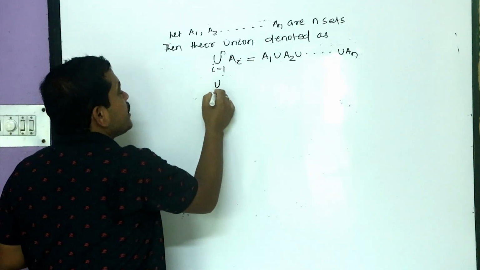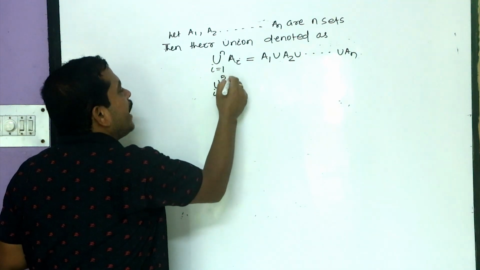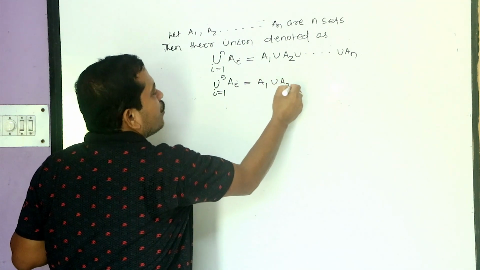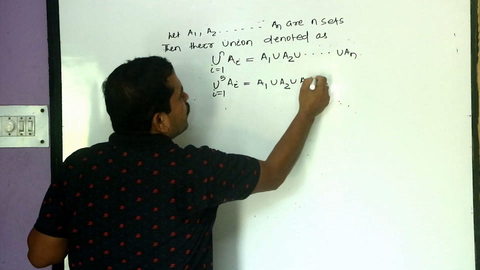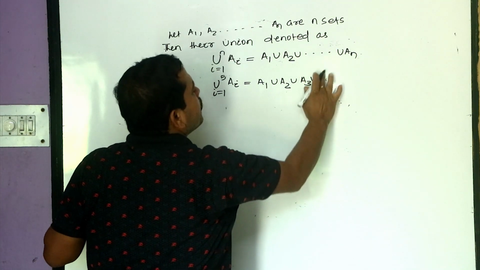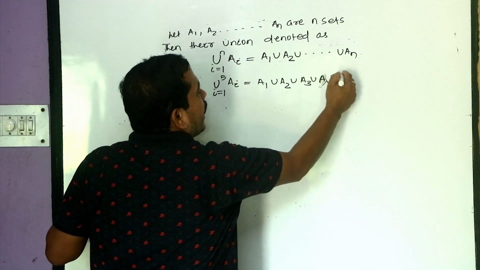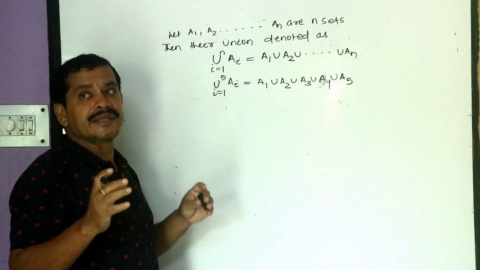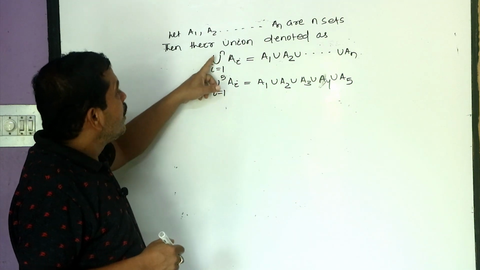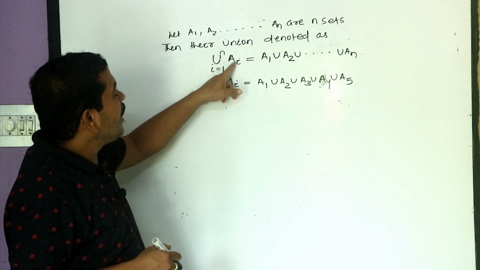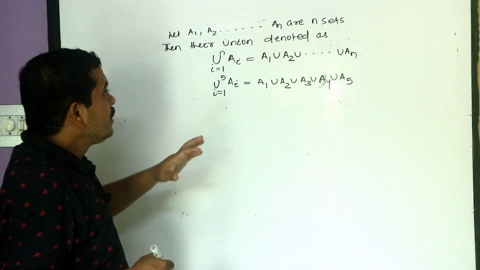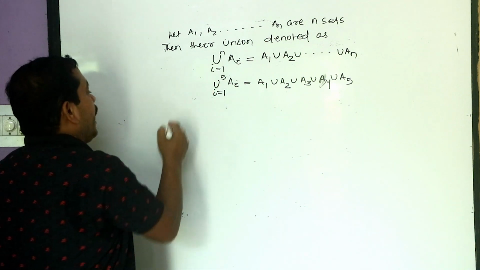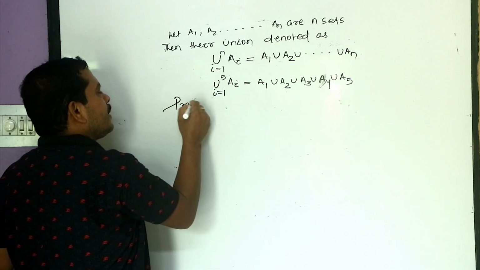If you use i from 1 to 5 of Ai, then it will be A1 union A2 union A3 union A4 union A5. So we can represent the union of n sets by the symbol union i from 1 to n of Ai. These are the basics of the union of sets, and the basic properties are: